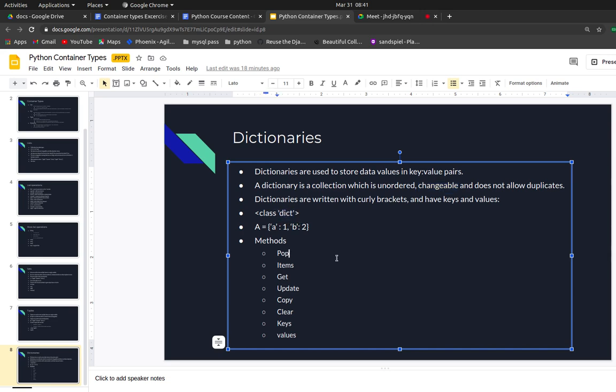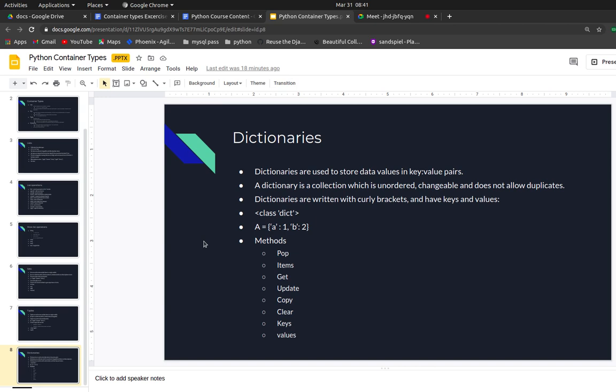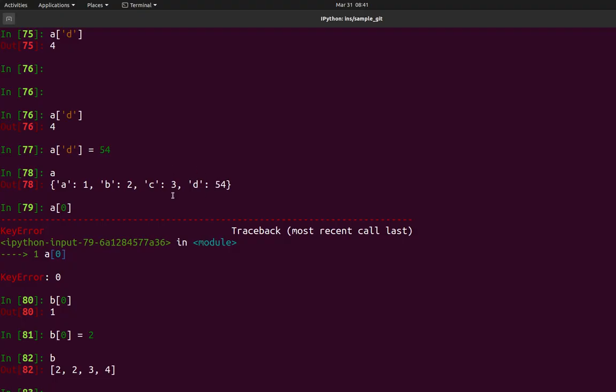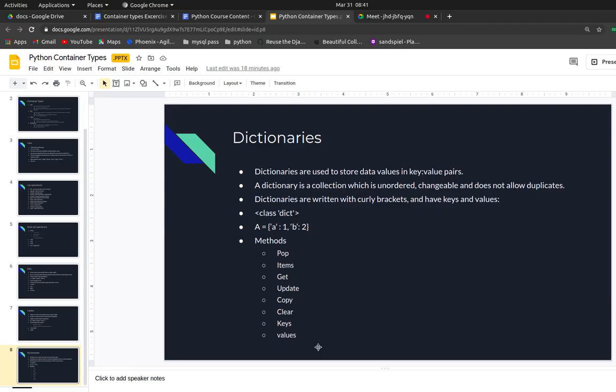Similar to lists, we have a couple of methods in dictionaries. We will just go through all these methods, there is no major difference between lists and dictionaries. The only difference is we are giving our own indexing so that we can make a key value pair. In a list we are just giving the values, and the indexing is created by default by Python. So we have these methods, we will just discuss them.